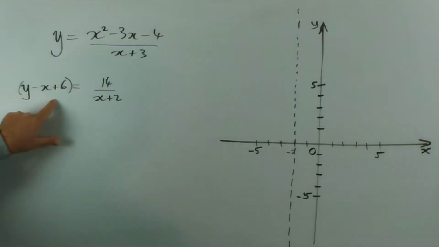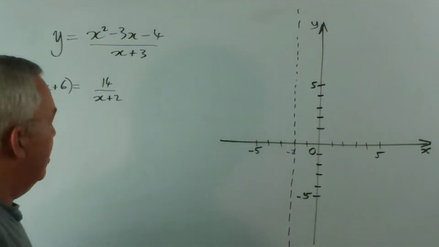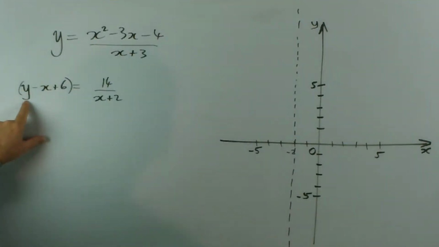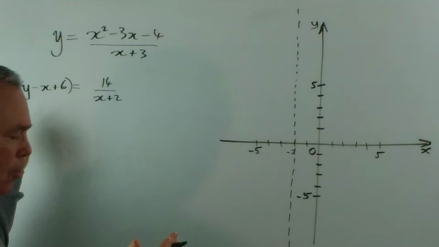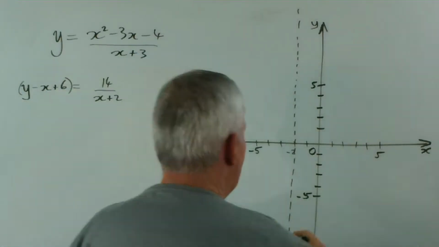Also, this cannot be 0. Notice we have a constant up here, so this can never be 0. That means y can never equal x minus 6. Because if you had y equal to x minus 6, take away the x and add the 6, it will become 0. Now x minus 6,